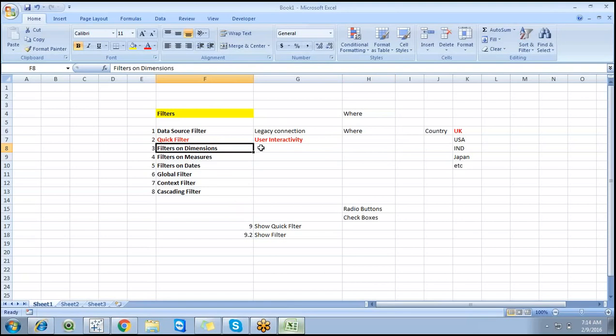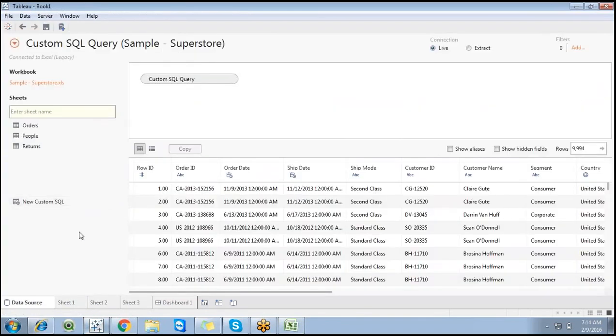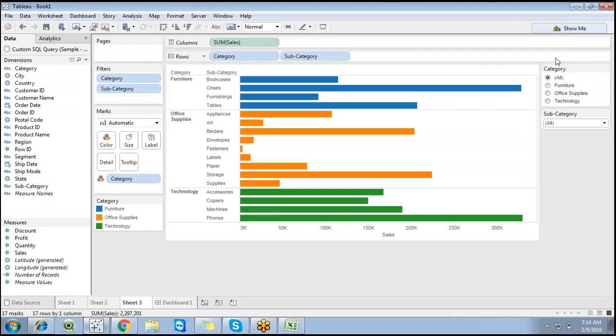The quick filter is used for user interactivity, and now the next concept is filters on dimensions. So clear, right? The data source filter is used to filter out unwanted data in the backend, at the data source level. But the quick filter is used for user interactivity. A user can interact with this particular dashboard.